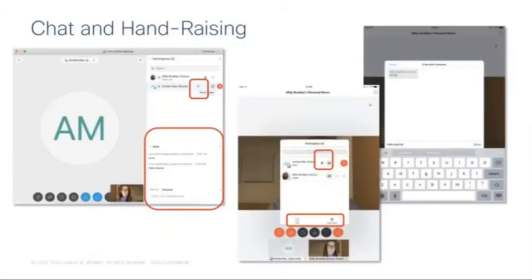Other things we have inside WebEx are the chat and hand-raising functions. If you're in the meeting today, you'll have noticed the chat window, people have started to ask questions. And you also have hand-raising. If you're looking for hand-raising and you haven't found it yet, I'll just draw your attention to the picture on the left. You can see it says Millie Bradley Cisco host, and then underneath Amelia May is my guest. And then you can see a little hand symbol next to that name.